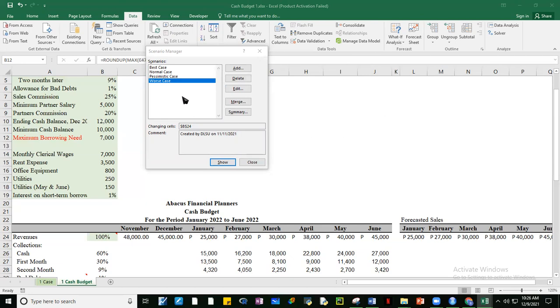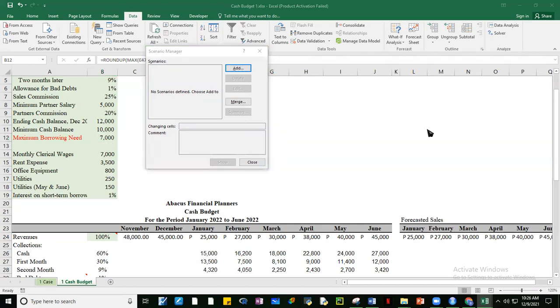I-delete natin, guys, tayo gagawa nito. Paki-delete siya. Okay, for example, si best case, delete natin. Normal case, delete. Pessimistic case, delete. Worst case, delete. We will be the one to add that. So no scenarios defined muna, no? Okay na? Na-delete yun na, guys? Deleted already?